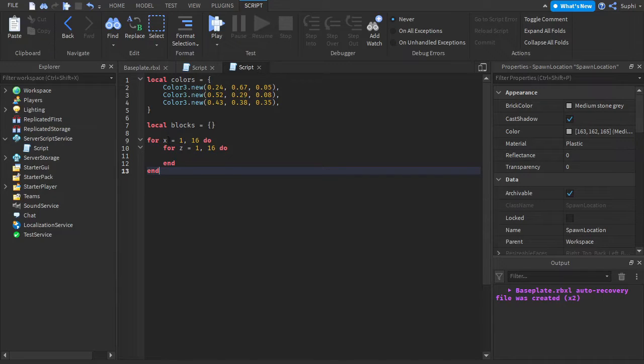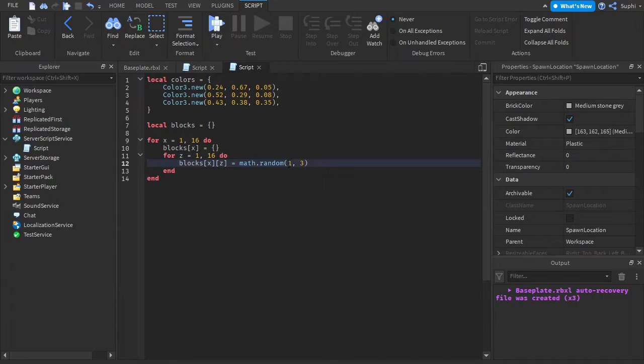I'm now going to use the X and Z coordinates to store block IDs into the blocks table. So to do this, I'm going to say blocks and use the X value as the key equals an empty table, and then I'm going to say blocks, and I'm going to use X and Z equals